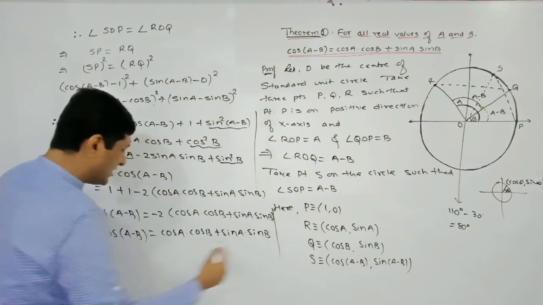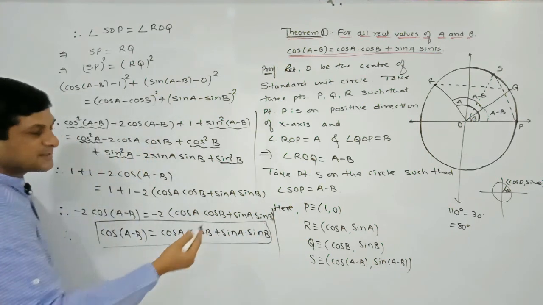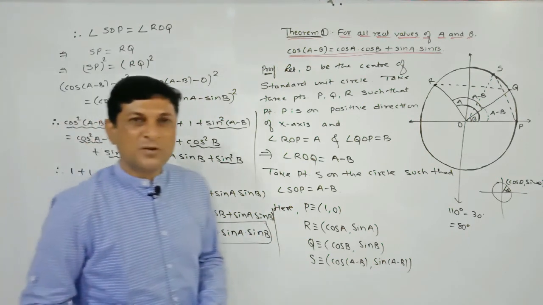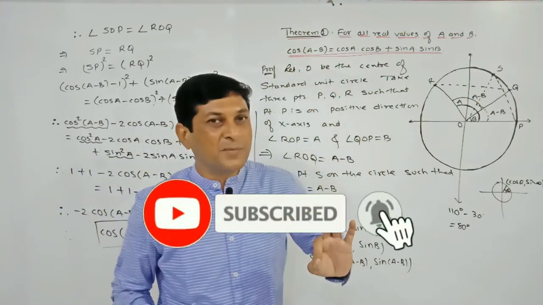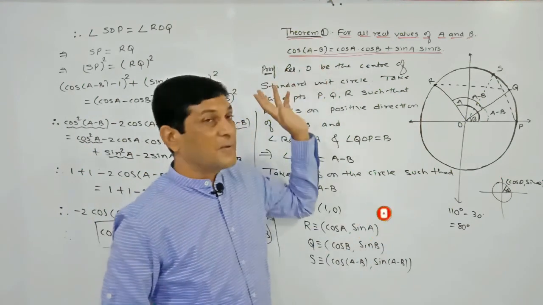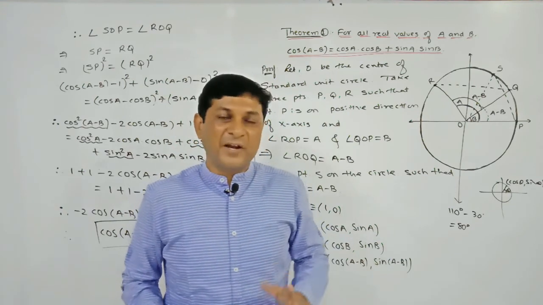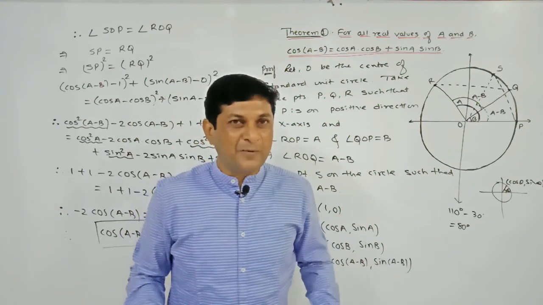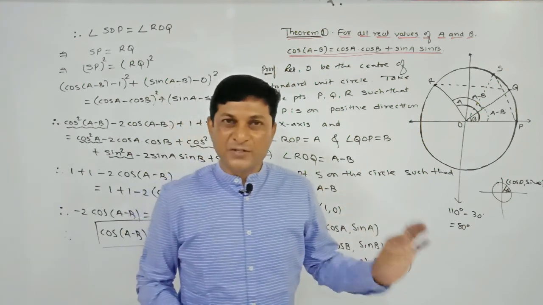What we have proved here is cos(a minus b) is equal to cos a into cos b plus sin a into sin b. And this is one of the very important formulas to find the trigonometric ratio of the cos function, of a compound angle. In this way we have proved the first formula to find the trigonometric function of a compound angle. And what is that formula? Cos(a minus b) is equal to cos a into cos b